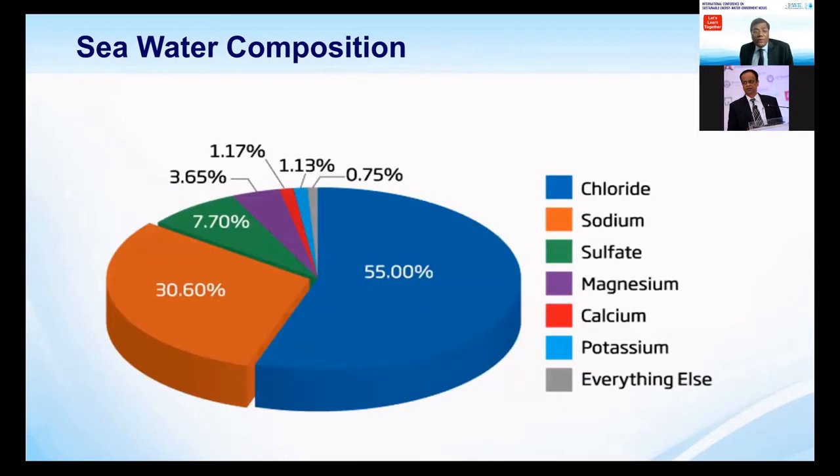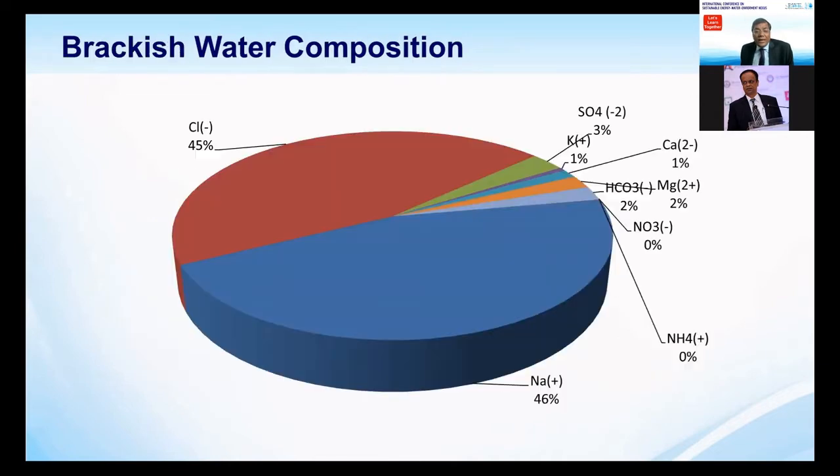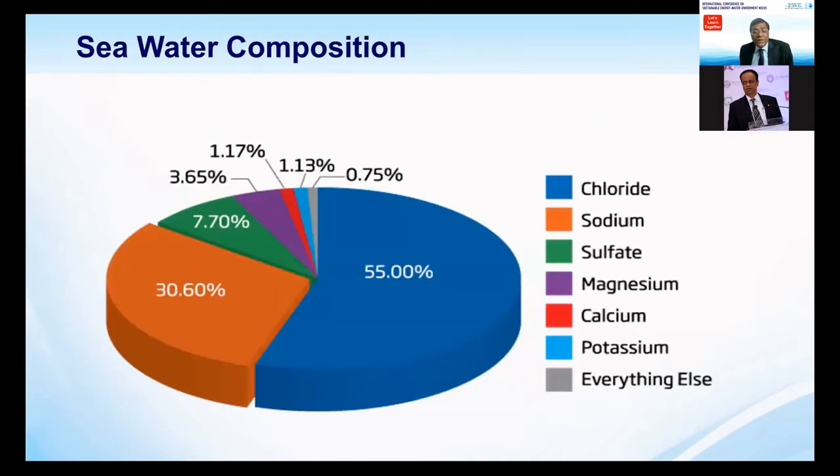Now that we come to the seawater concentration, again see here that we have the chloride and the sodium at about 45 and 46% here. When we go to the seawater, where I have categorized and given the colors to indicate to you, the chloride is around 55% and the sodium 30.60%. And similarly, the sulfate, magnesium, calcium, potassium, these are the priority parameters which are normally observed in the water, and that is why their distribution has been